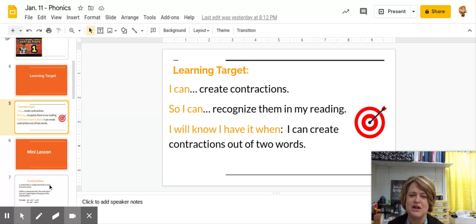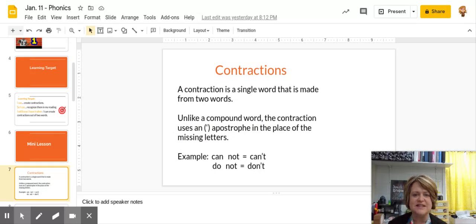So let me show you what I'm talking about. A contraction is a single word that's made from two words. Unlike a compound word, the contraction uses the apostrophe. And look at that. The apostrophe looks like a comma, but it's hanging way up high. It's called an apostrophe, and we use it in place of missing letters. For example,